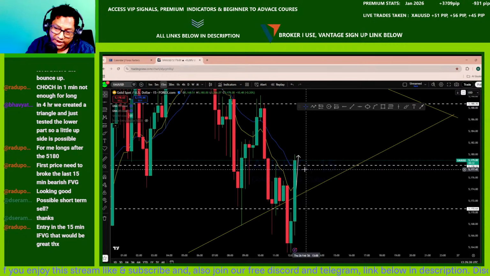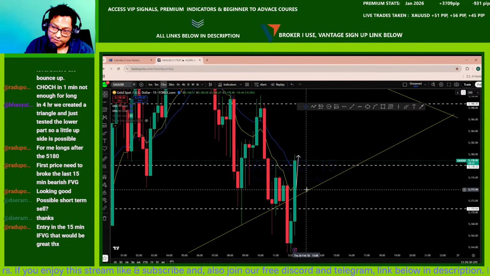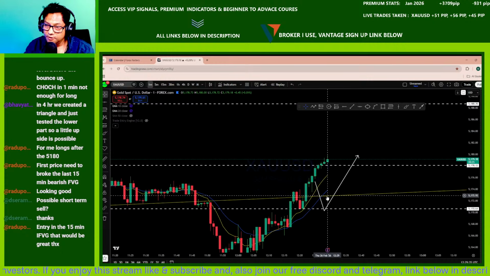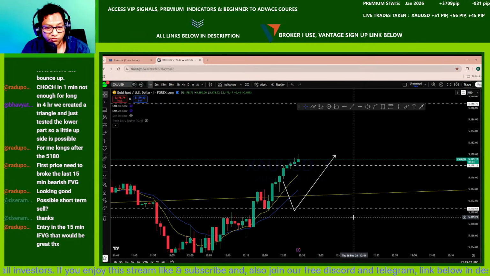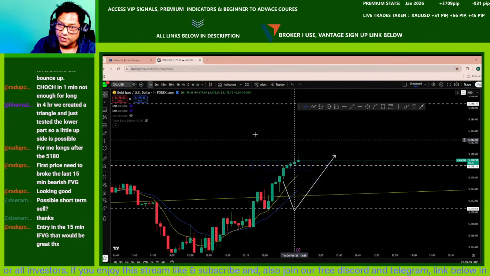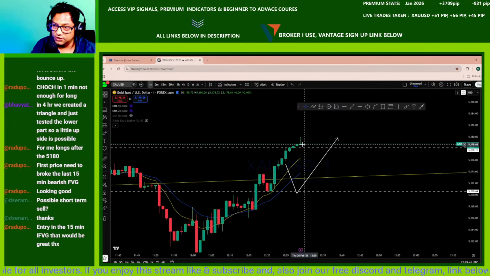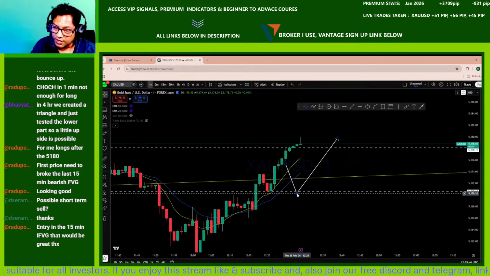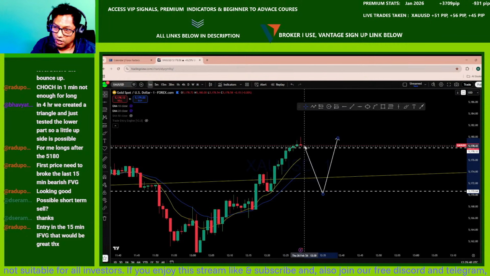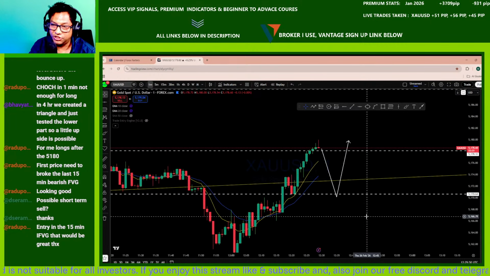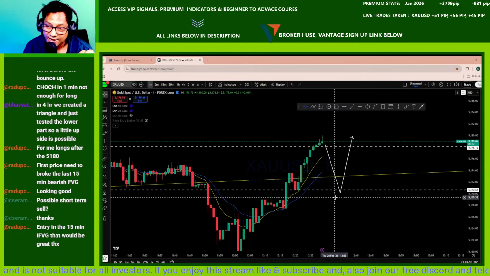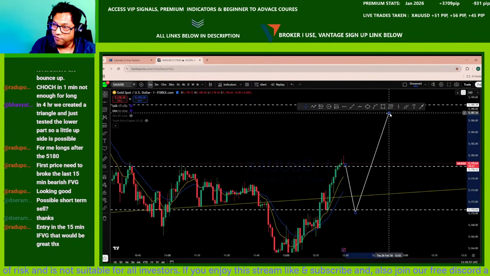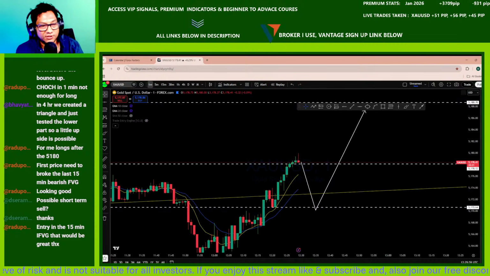And if this pullback comes down to a breakup structure on the 1 minute, that's where the entry is for us, right? So if you look here now, this is the 15 minute close. After that, you want to see a pullback, and in that pullback we are looking for a potential breakup structure in the market, and that breakup structure is what we are looking to trade for this upside. I hope that makes sense to you guys.